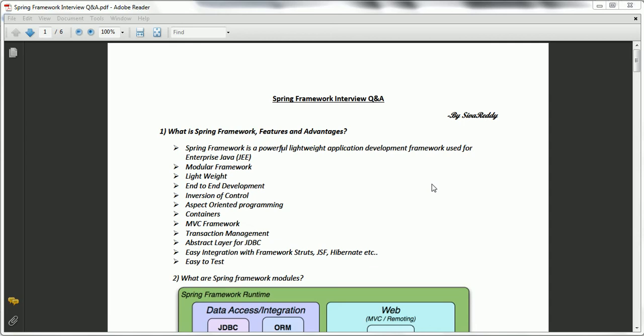So Spring Framework is a powerful lightweight application development framework used for enterprise Java applications. It is an open source framework for Java to develop enterprise applications. It is a modularized framework because it has the core module, the web module, the data access module, and the AOP module. Based on our requirement, the core module is mandatory to start with the Spring Framework, and